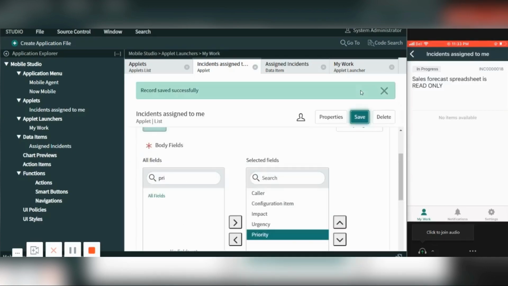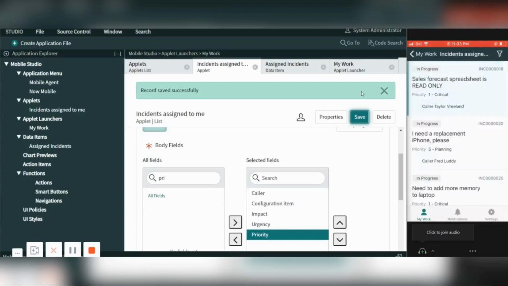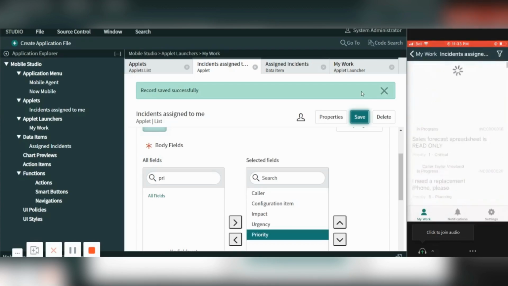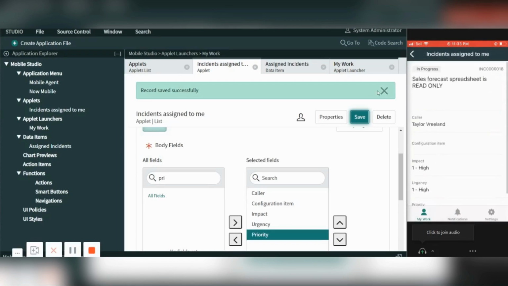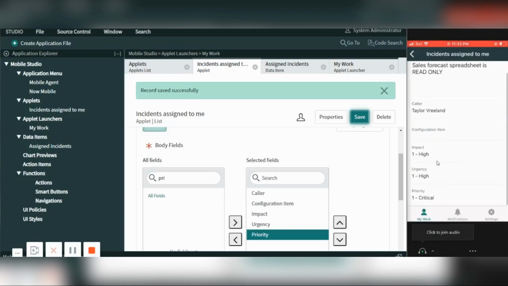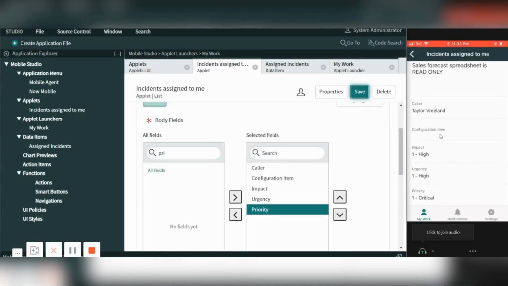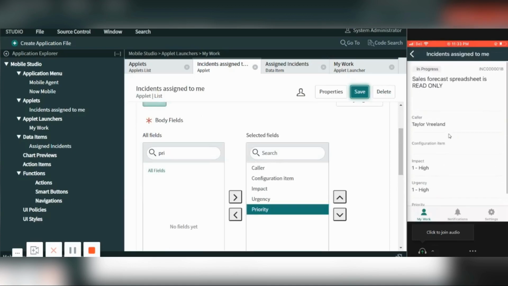Based on your client requirement, you can add more fields to it. Let me refresh and see. Okay, I have it: incident 0018, impact, urgency, priority. Configuration item is empty because this record might not have a configuration item.